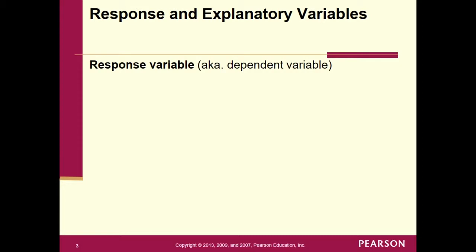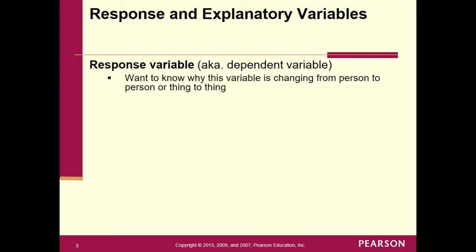So we talked about these two variables. We give them names. The first variable is the response variable. And you might hear this being called the dependent variable in another class. Same thing. So response variable, dependent variable, same idea. And we want to know why this variable is changing from person to person or thing to thing. You'll get some complicated definitions with regards to the response variable, but let's think about it like this: